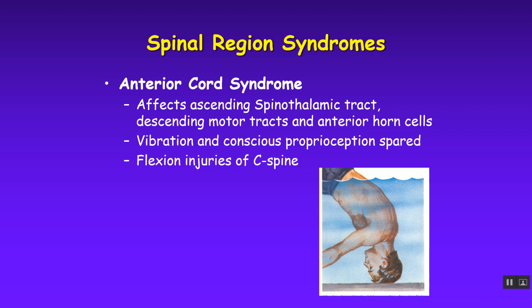These are really important to know for board examinations. There's certain typical syndromes that you can see with spinal cord lesions, okay? The first one we're going to talk about is the anterior cord syndrome. This is where it's typically associated with a flexion injury of a C-spine, so a hyperflexion injury of a C-spine,